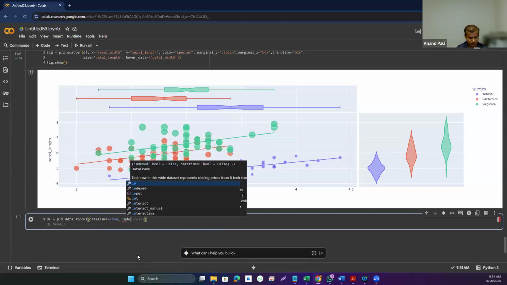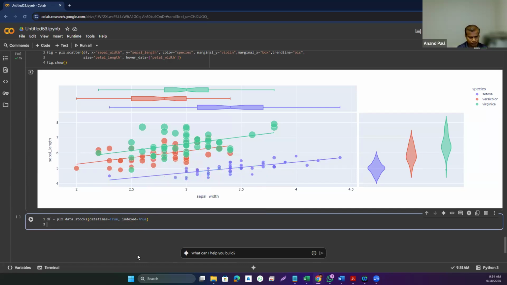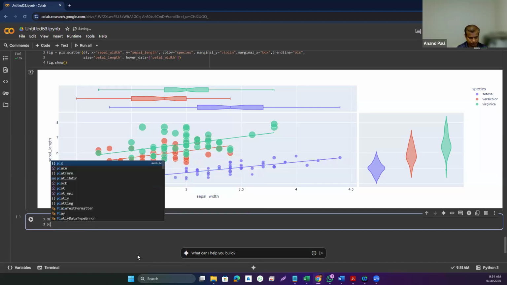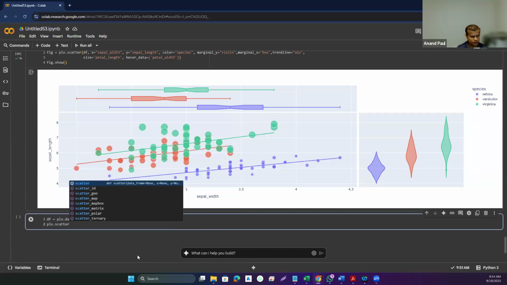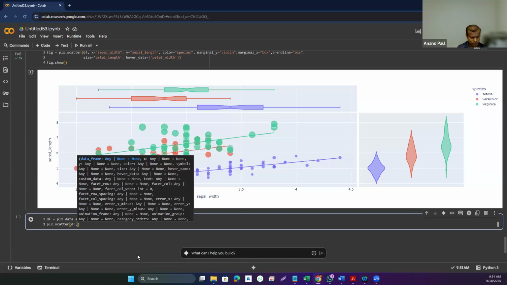Indexed. True. Scatter. So I'm going to have the data frame scattered with the